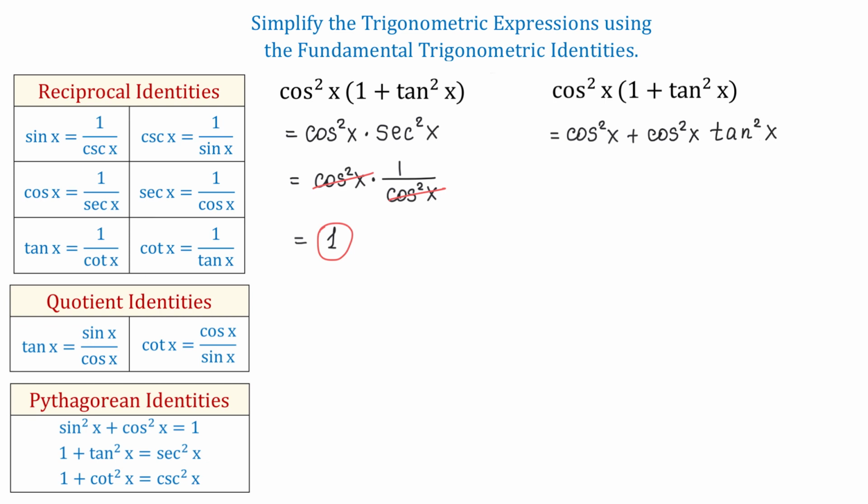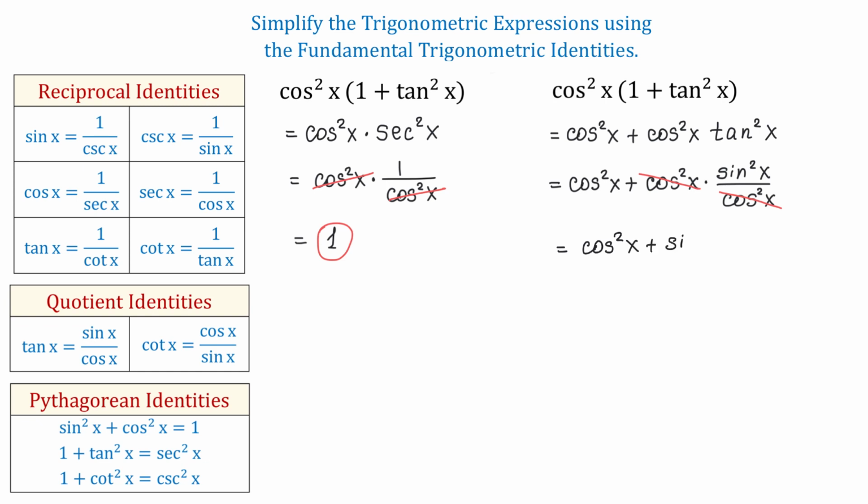of x. In the next step, I will use the quotient identity tangent of x equals sine of x over cosine of x to rewrite tangent squared of x as sine squared of x over cosine squared of x. Then I will have cosine squared of x plus cosine squared of x times sine squared of x over cosine squared of x. Then here cosine squared of x will cancel, and now we will have cosine squared of x